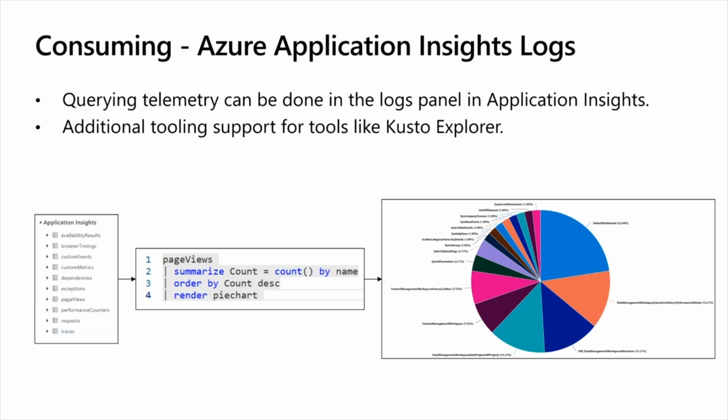We're mainly going to go for custom events and custom metrics, in the event that you write your custom events and metrics to Application Insights, and exceptions and page views are also going to be the main suspects in your queries. By writing simple Kusto queries right in the editor in the Azure portal, you can already get data and some actionable insights. This one is an example of just getting the counted page views that we see. So it's giving you immediately a pie chart of the page views that we did in the amount of time